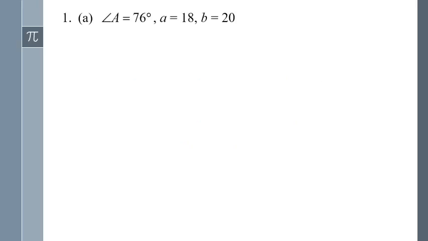Alright, for 1A, we're going to start by sketching a triangle to see what information we have. So if I sketch this triangle, call it A, B, C, I know the angle A is 76, side A is 18, side B is 20. And when I look at this, it tells me that I am given a triangle with side-side-angle, which means I'm going to use the law of sines,